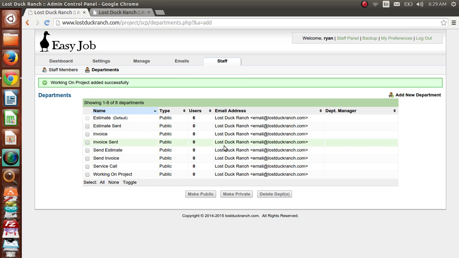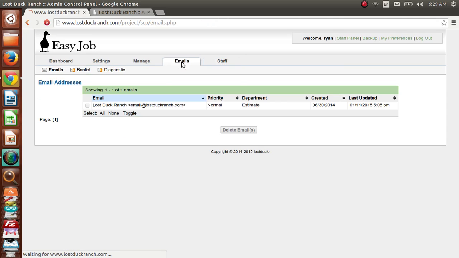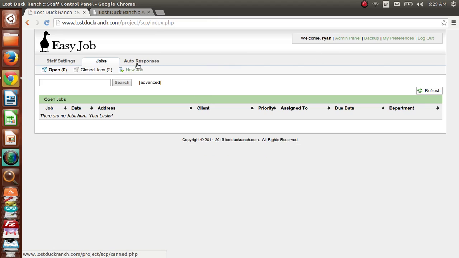And so once the departments are set up, your email's set up, you got your job form the way you want it, that's kind of about it. After that, you're pretty much ready to go, and the system will kind of create your proposals and invoices automatically for you. And I get into a lot of that on the next tutorial, which will be how to create